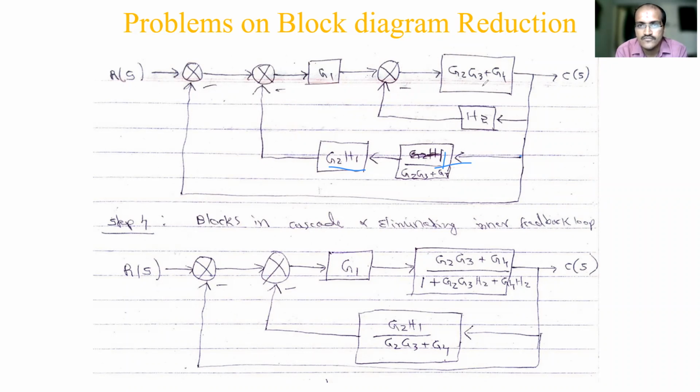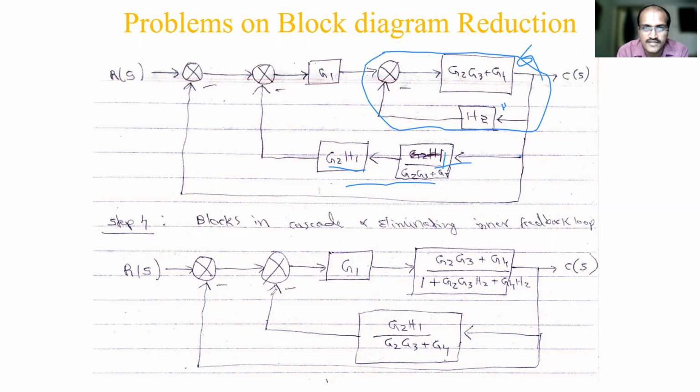Now the next steps are easy. The problem becomes simple. Next we will simplify this cascade connection, and this is a minor feedback loop here. With the standard transfer function, rule number 3 we will apply. G2, G3 plus G4 becomes your G value, and H2 becomes your H value, and there is a minus sign here, so in the denominator comes G divided by 1 plus GH. Solve that and you will get the next step. The remaining I am just copying the same.